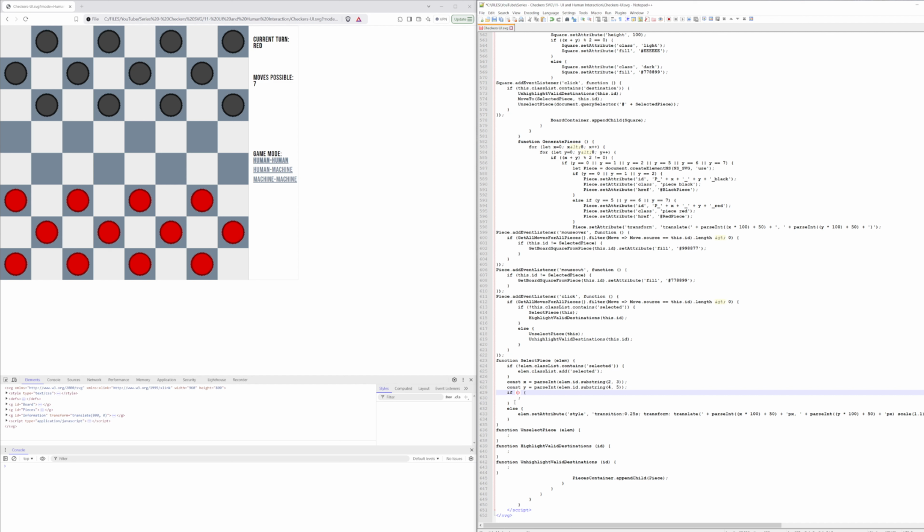Now, if, on the other hand, the style attribute already exists, then we're going to set the style a slightly different way. And so the value that we're going to set will be lm.getAttribute style. And we're going to replace